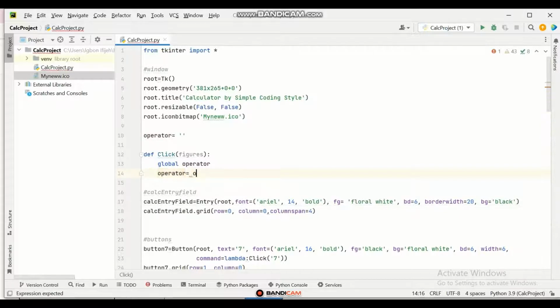It's going to be my operator plus my figures. All right, so basically this is just as easy as my operator here, I'm going to enter here plus figures. It's just going to work on this. If I run this, nothing goes on until I have included my calculator field in the block of